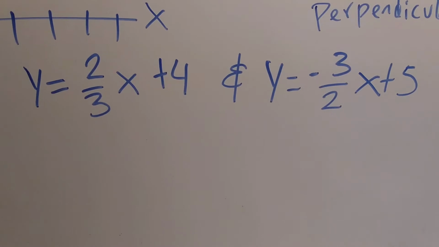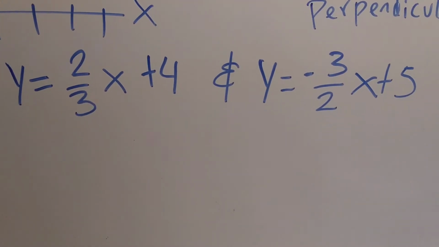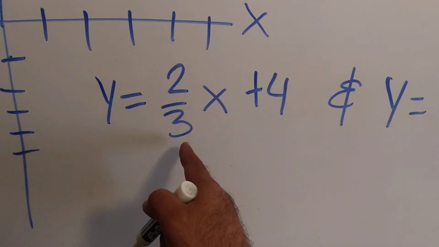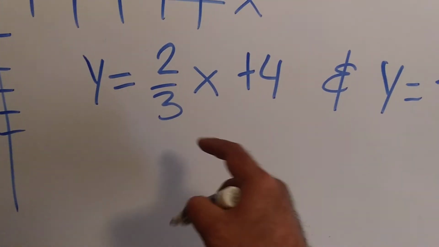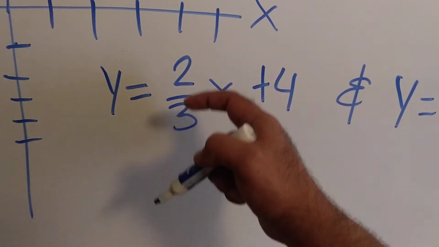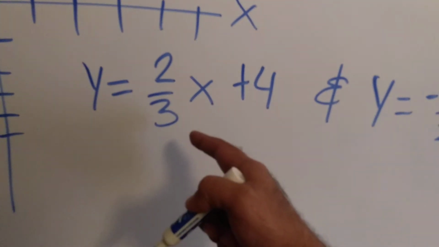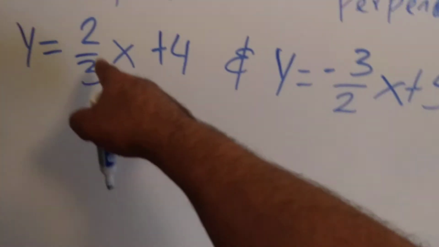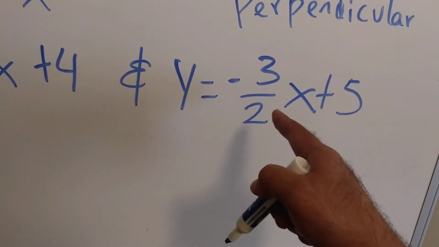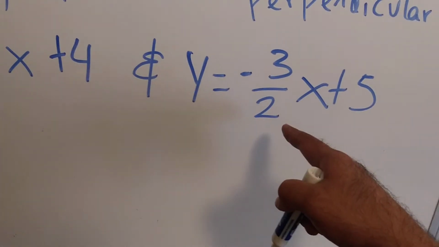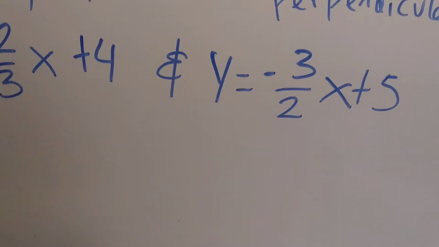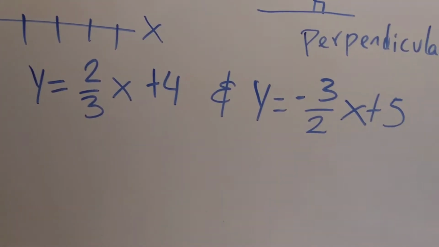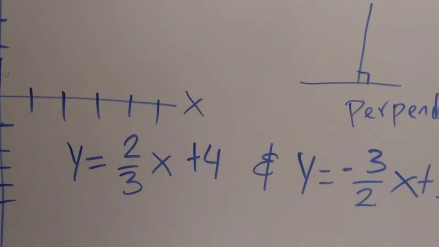Well, remember, if they're parallel, they're going to have exactly the same slope. If they are perpendicular, the slope is going to be the reciprocal, right? So you would flip it over, the denominator will become the numerator, and the numerator will become the denominator, and there has to be a negative in front of it. So now we have 2/3 x, the reciprocal will become negative 3/2 x, in order for a line to be considered perpendicular. And that's a very straightforward section. That's section